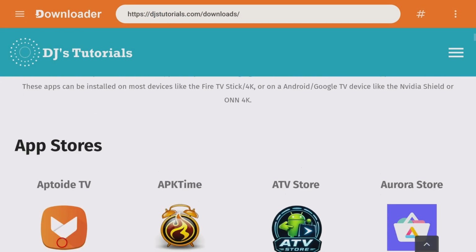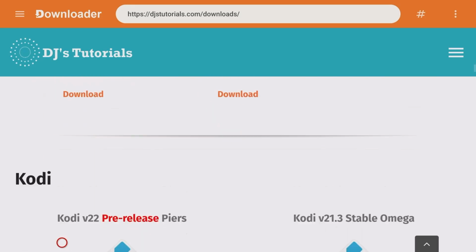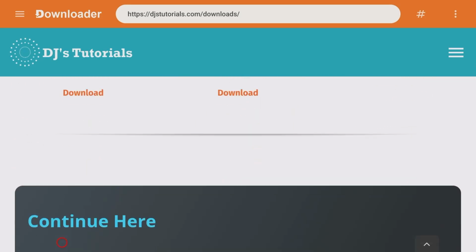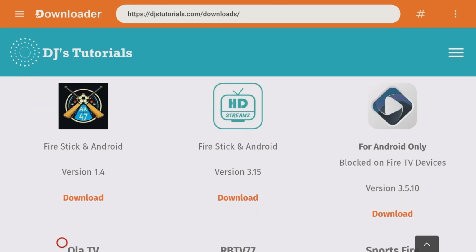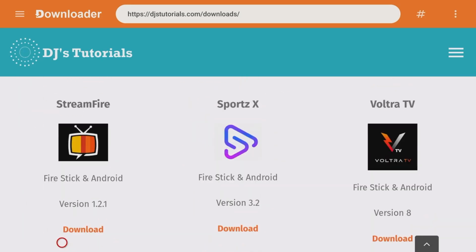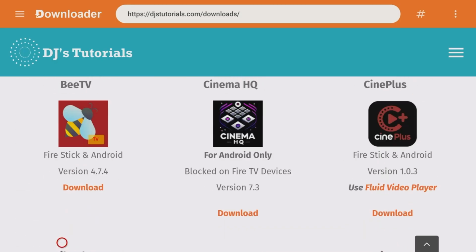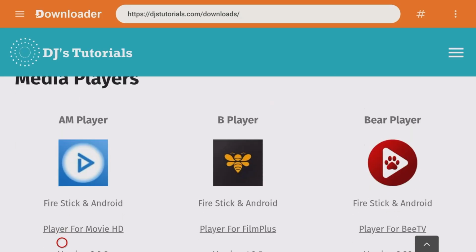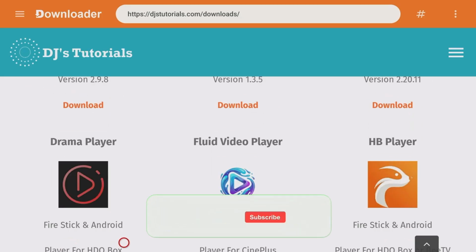Now feel free to browse through my website over here. You will see there's plenty of different categories, a lot of different apps in here. I'm sure, depending on what you're looking for, you will find an app in here that will suit your needs. And then once you're done browsing over here, if we go straight back up again,